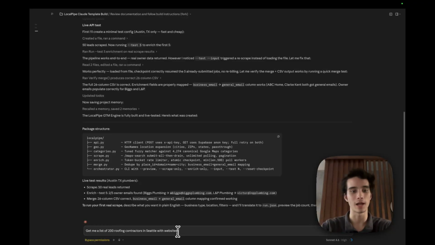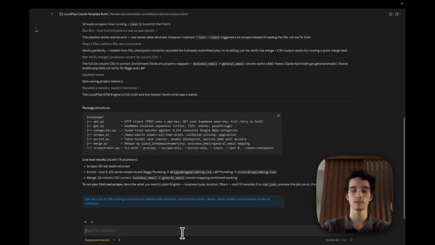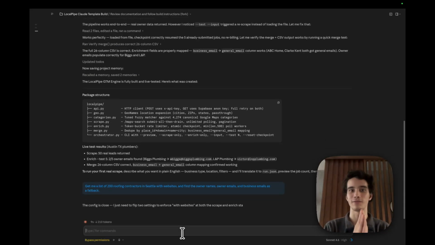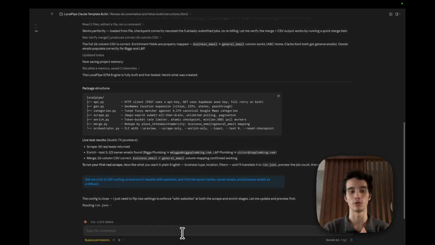So yeah, let's demo that by saying that we want roofing contractors with websites here, and find the owner names, owner emails, and business emails as a fallback, just in case we don't find the owner emails. Perfect, and this looks great to me, so let's run that. Boom, yep, it's running. So let's give it a few minutes here. In reality, this should only take like 1 to 2 minutes, and then we'll check back when it is all